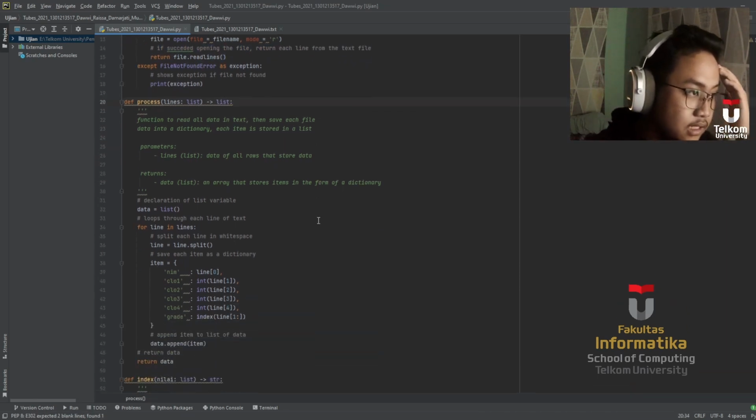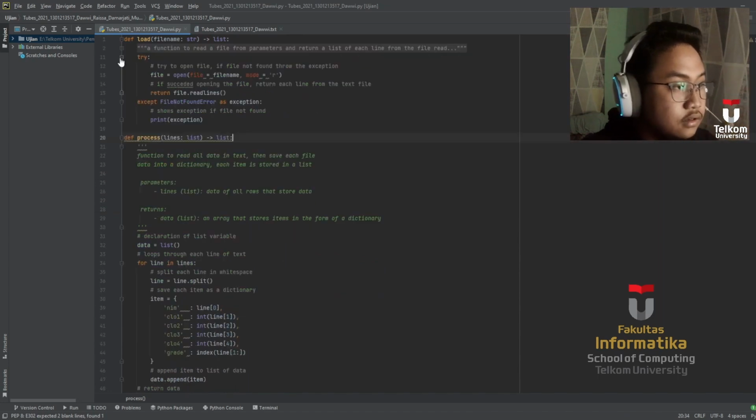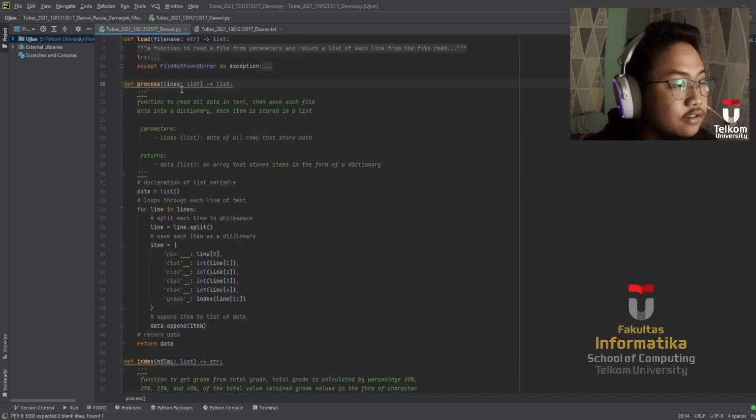Now down here we have the process function. In here we are going to cast the file from a list to a list.